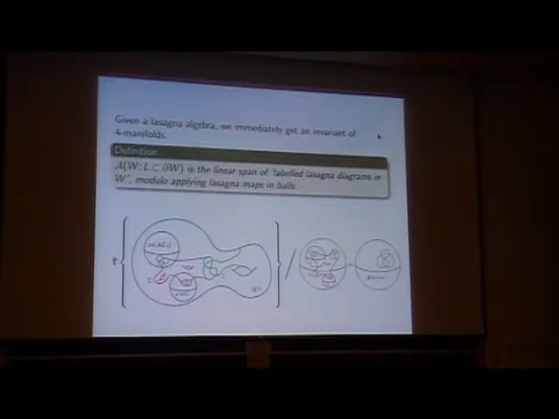Okay? So I want you to imagine this identity over here happening somewhere inside the interior of this four-manifold. You see some stuff with labels on some inner balls, and you just chop all that out and apply it. The lasagna algebra gives you a map associated with this diagram, and you just apply it to the labels X and Y. And now you have a bigger ball with that label. Okay,